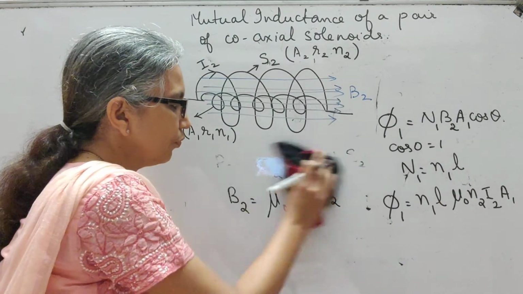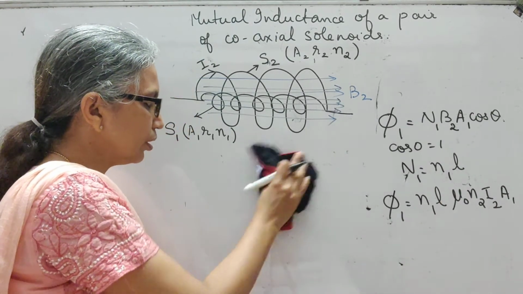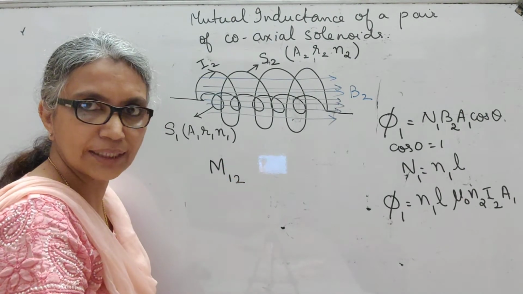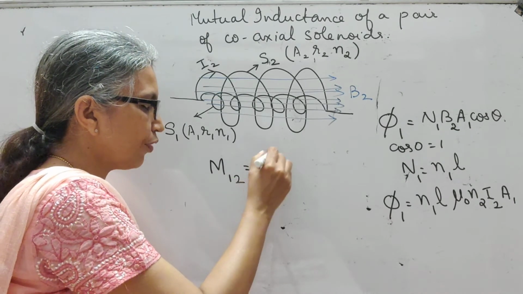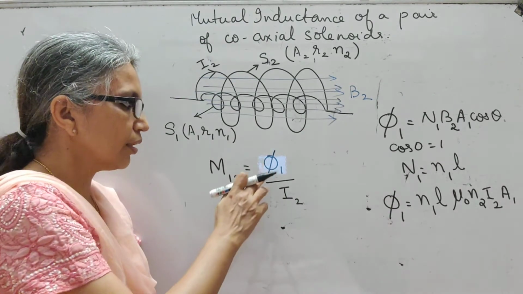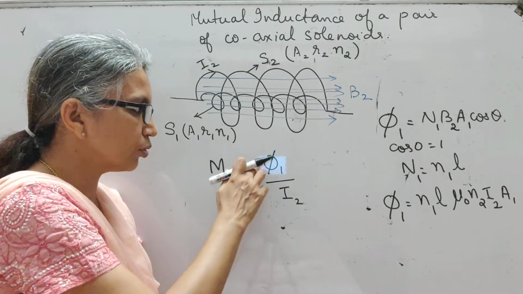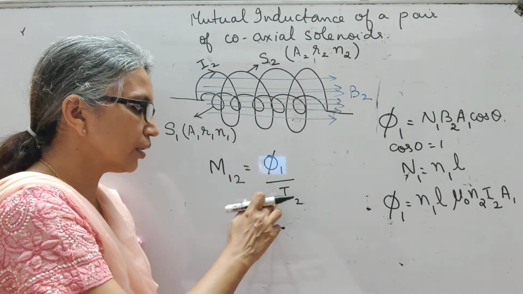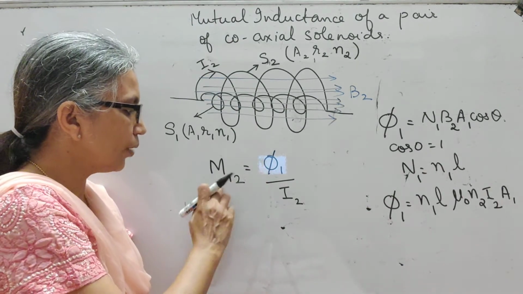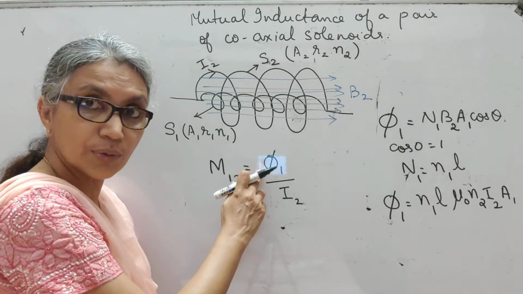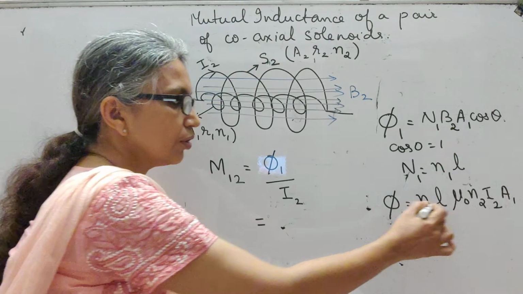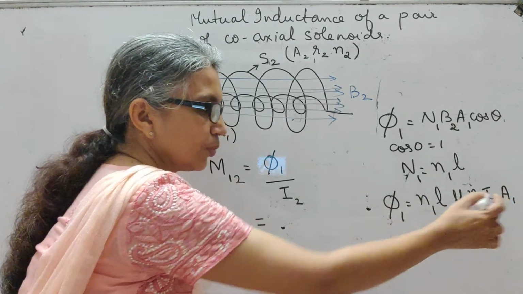So then we are going to find out the mutual inductance of the first one when current is passed through the second. This is equal to phi 1 by I2. In the previous section we discussed that phi equal to M into I, or M is equal to phi by I. So here we are passing current through the secondary and we are looking for the flux through the primary. So M12 is phi by I, flux linked with the first inner one when current is passed through the outer. You divide this whole thing with I2 so that this I2 will get cancelled